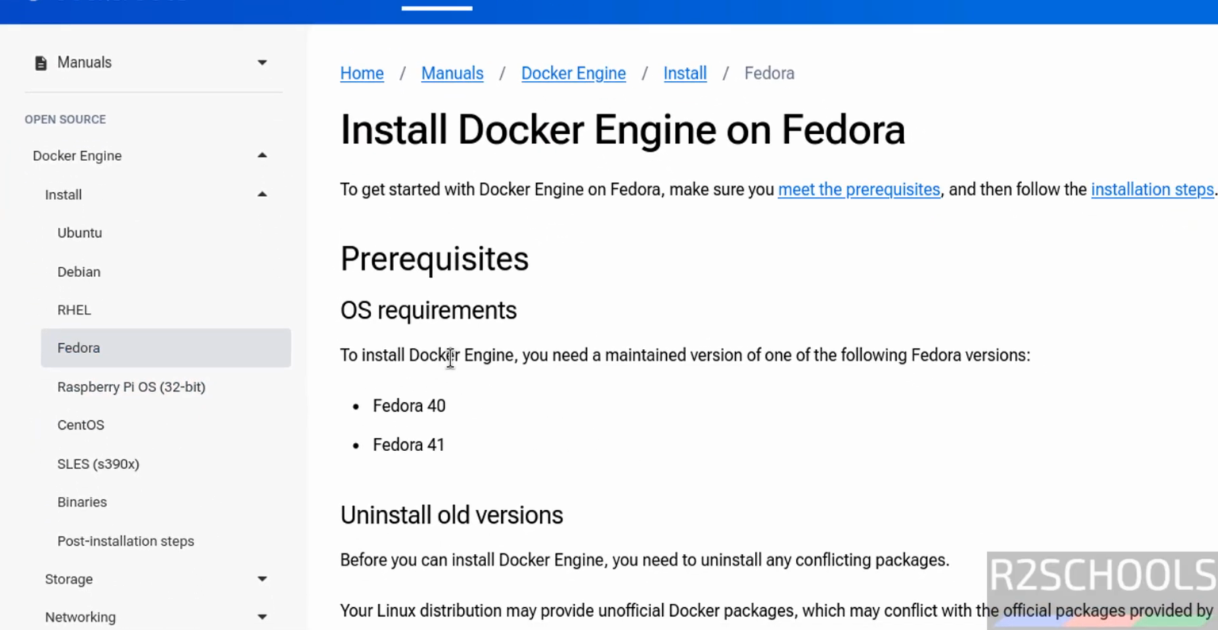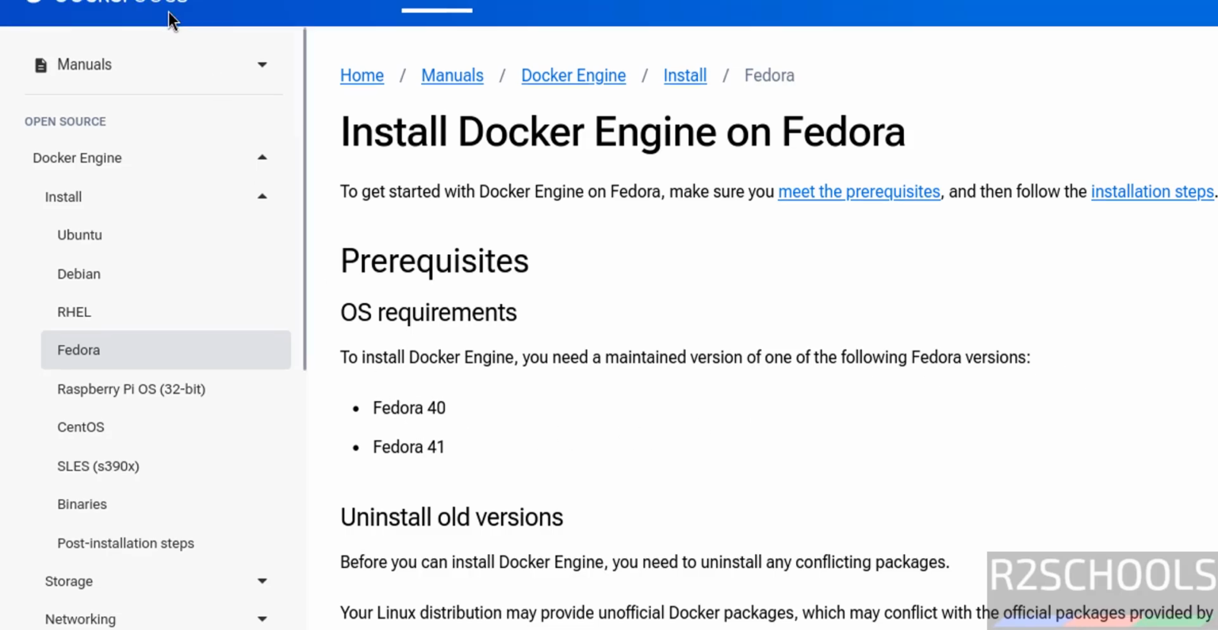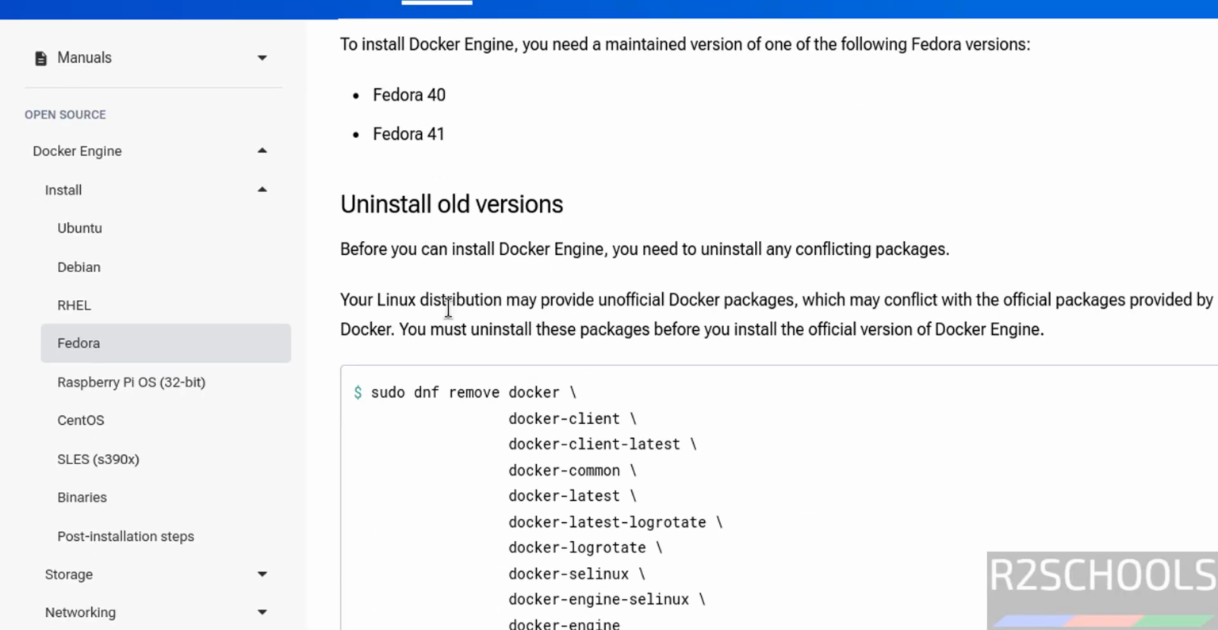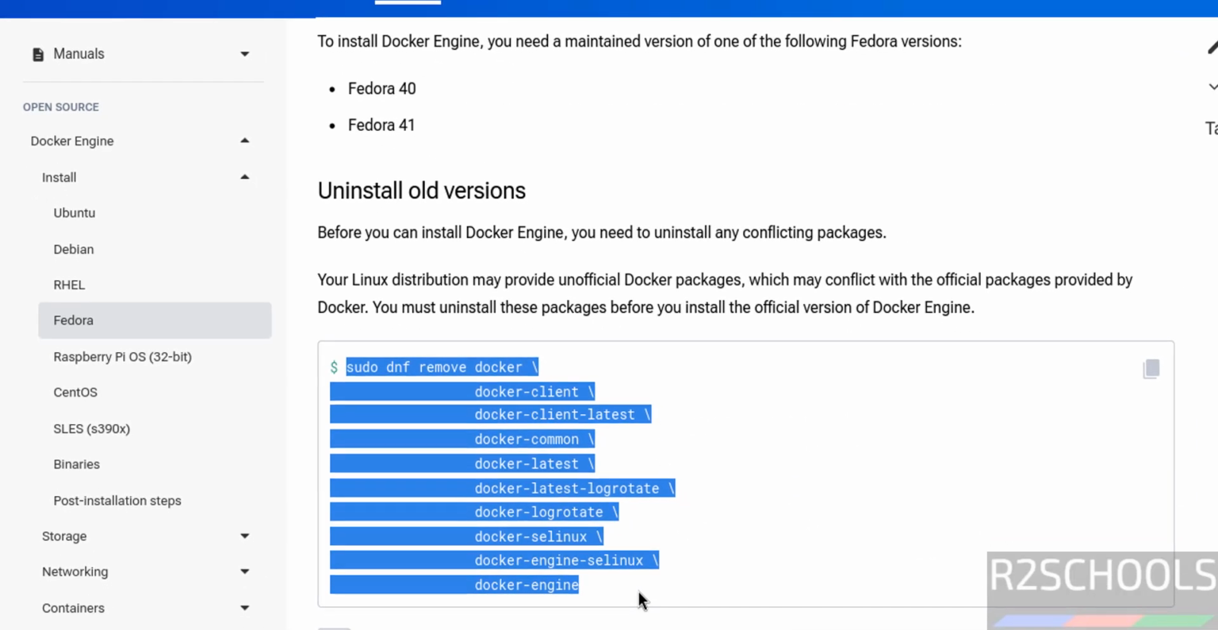See here, to install Docker engine you need a maintained version of one of the following Fedora versions, 40 or 41. I am on 41, so prerequisites match. Then first we have to uninstall older versions. So copy this one,